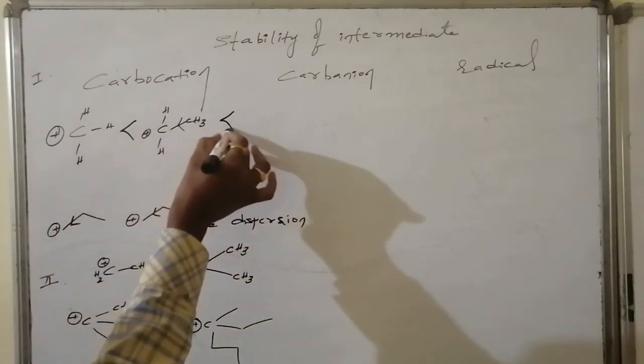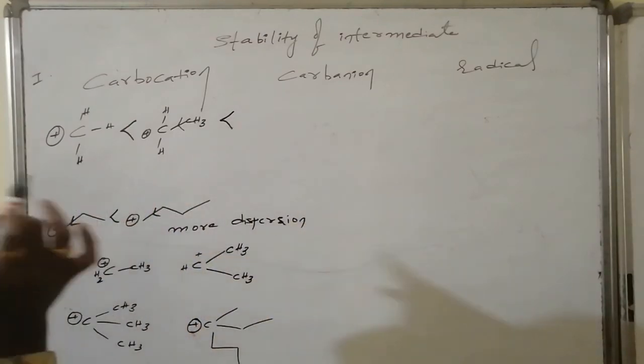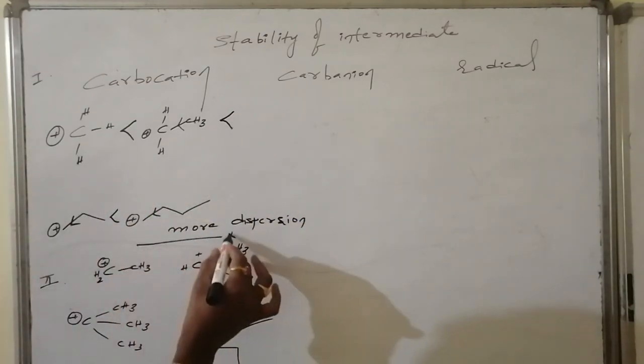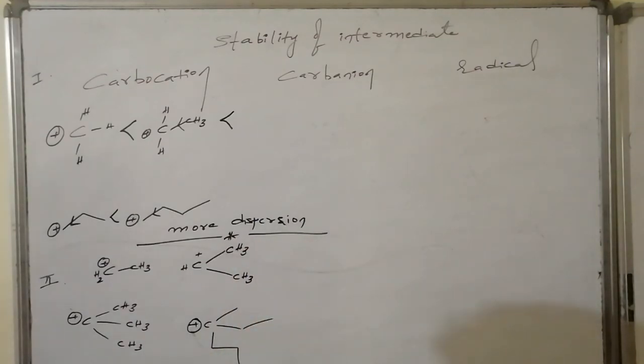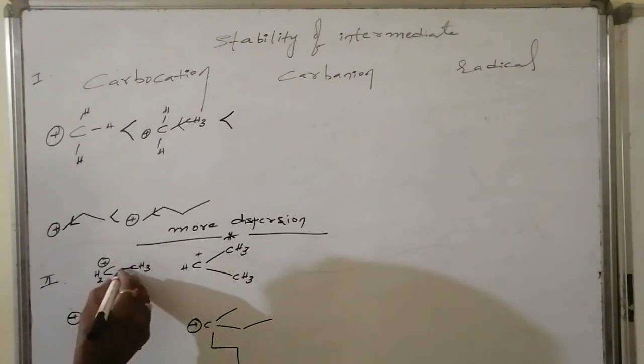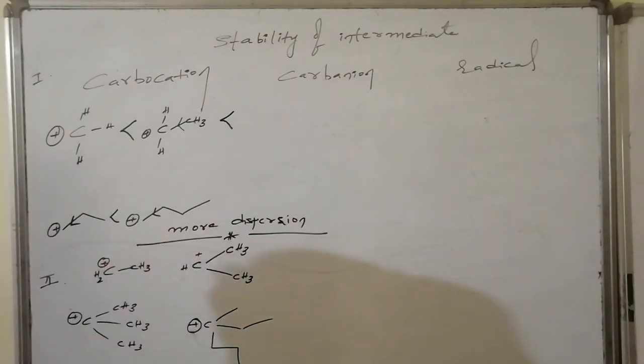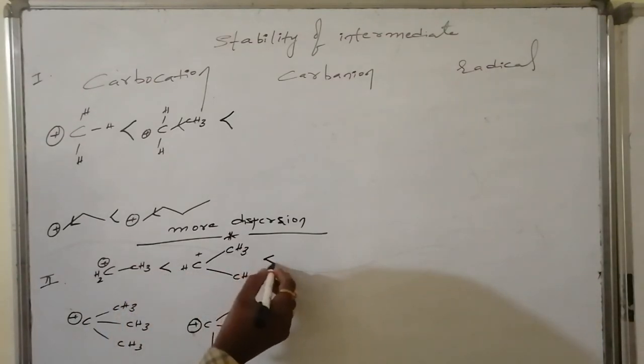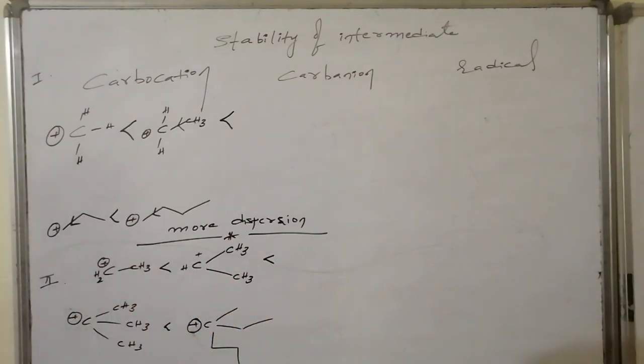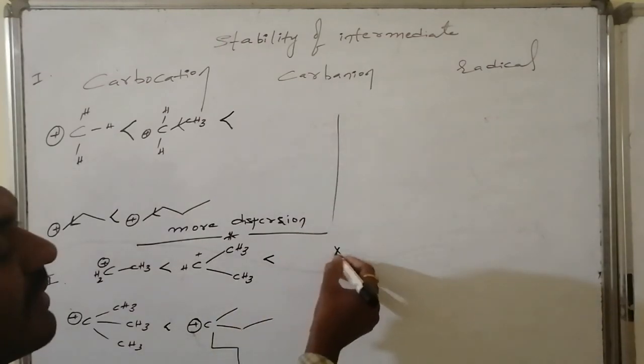So compared to the first, the second one, compared to the second, the third one. In this way, the stability of the cations is present. Similarly, I have ethyl cation, isopropyl cation, tertiary butyl cation, and another more substituted tertiary cation. Methyl is positive inductive; two methyls are there, three methyls are there, one methyl, one ethyl, and one butyl are there. Hence, more dispersion is possible in the last case, hence stability is present like this. Compare first, second, third, fourth.